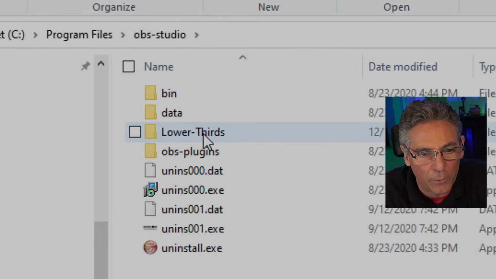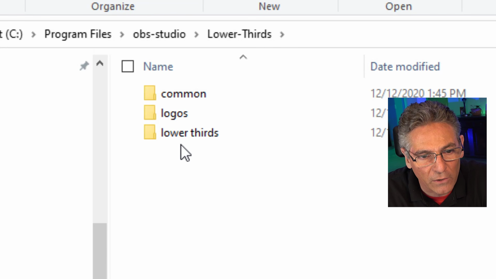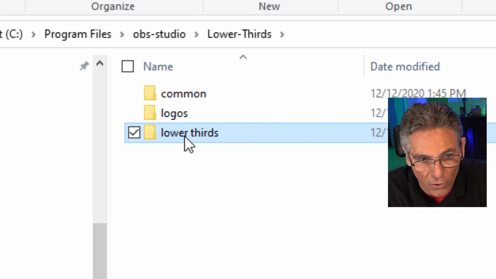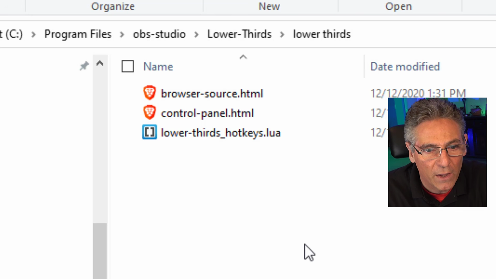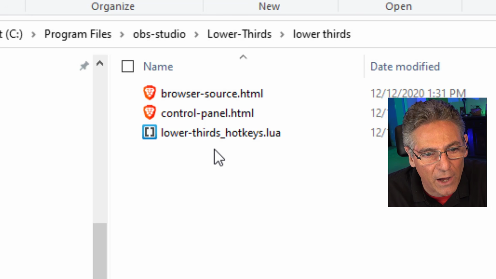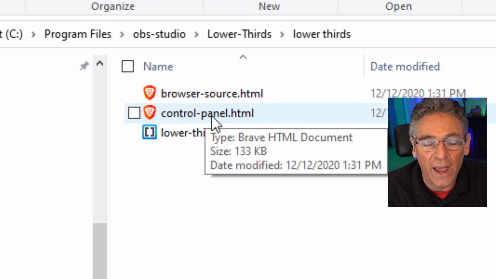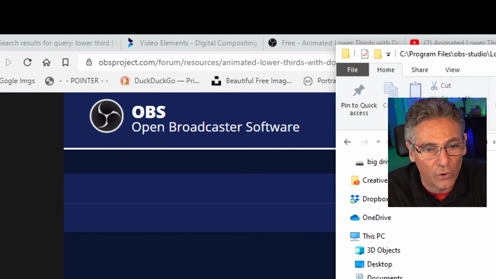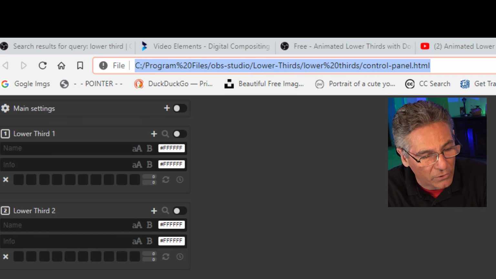Now double-click the lower-thirds folder, and then click into the lower-thirds folder again. These three files pretty much compose the blood and guts of the tool. What we need to do is find out what the local URL is of the control panel. The control panel is what you will see as a dockable panel in OBS. So double click it, open it up in your browser, highlight the URL, and